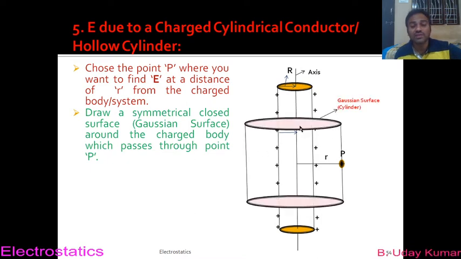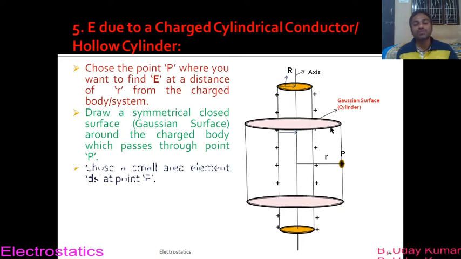Anyway, so this is the Gaussian surface, closed surface, which is a symmetrical one, which I have drawn here in such a way that it is passing through point P. Okay, so that now there are two cylinders. One is the real cylinder, which is a charged cylindrical conductor. Another one is the Gaussian cylinder. So this is imaginary. Actually, it will not be there, but it is imaginary. Why do we have to construct it? We are constructing it only to apply Gauss law. Okay, so fine, that's it.